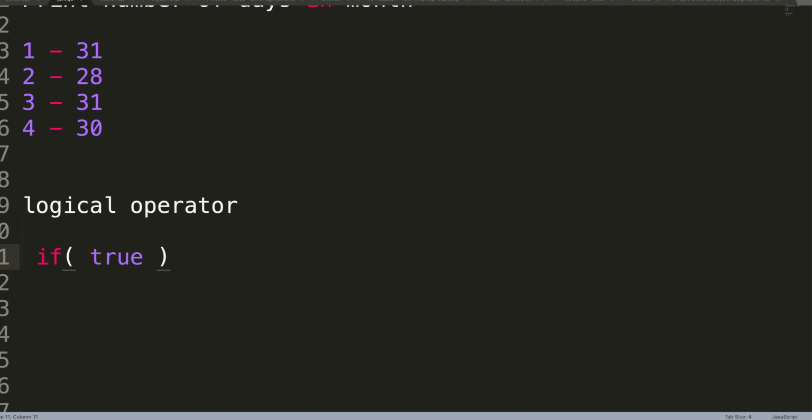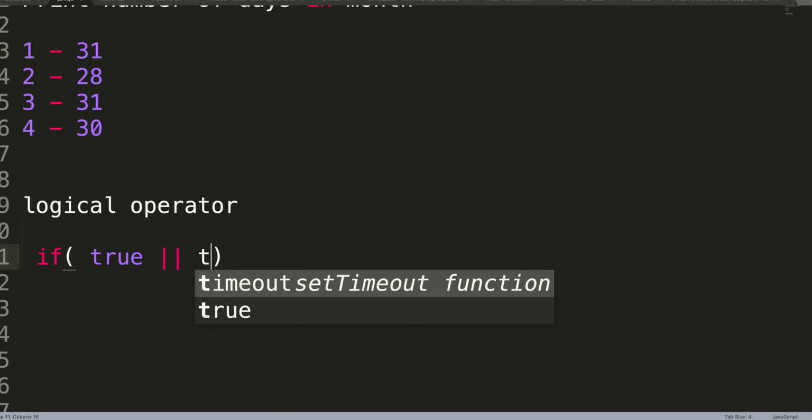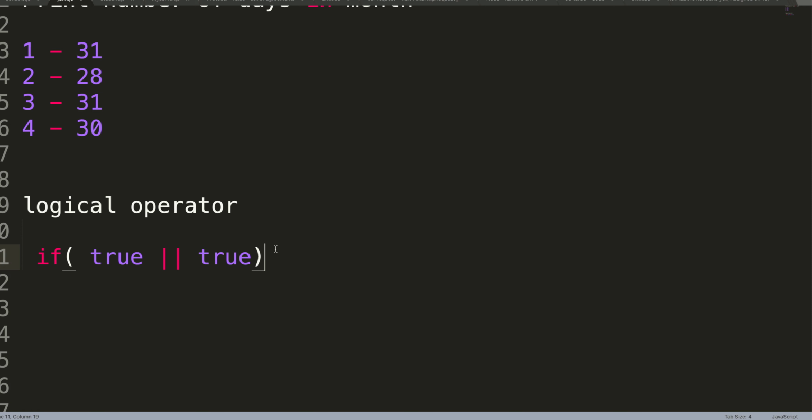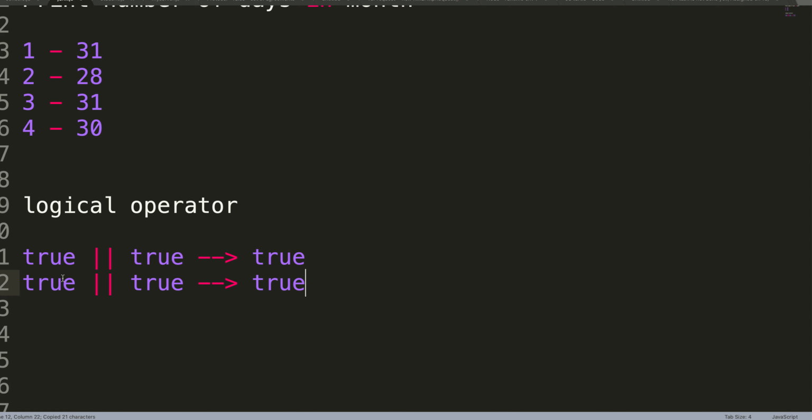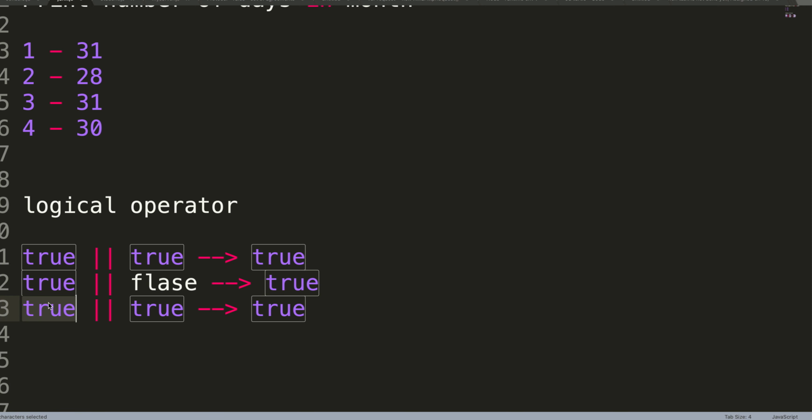True or true gives me true. The same way, true or false gives me true, and even false or true gives me true. So when you put OR, any one of the conditions being true is fine.